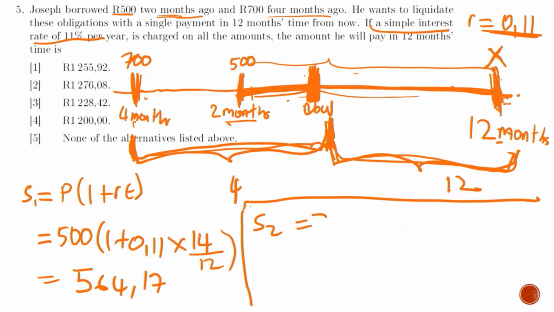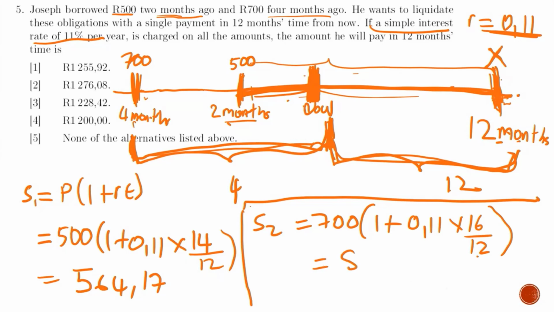So now you've got 700 into 1 plus, the rate is the same. Sometimes the rate will be different, but here the rate is the same. So you're going to have 0.11 multiplied by 16 over 12, because we are working with months, so we divide by 12 months. You're going to get that the accumulated amount is going to be